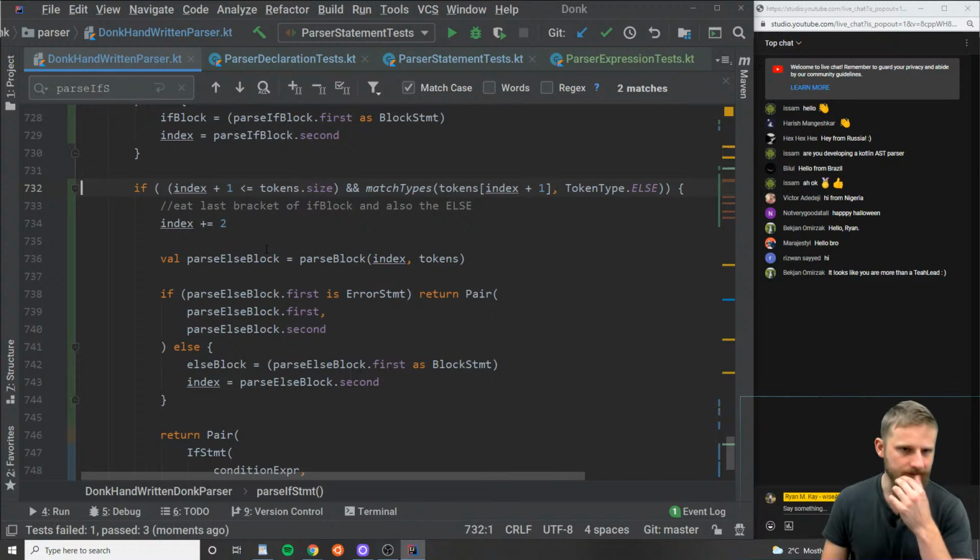Well, now I'm slightly confused. If index plus 1 is less than or equal to